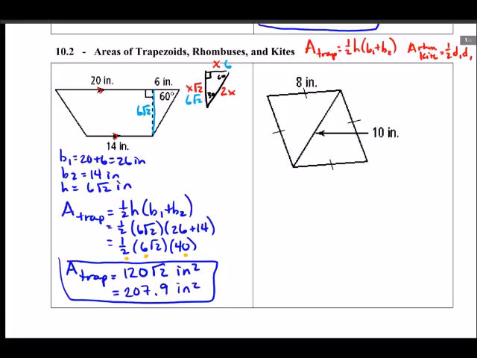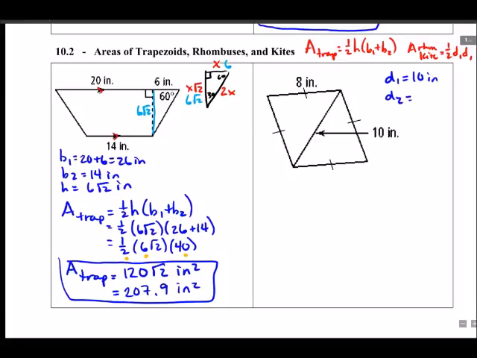Ooh, I see a rhombus. So we know that we need diagonal 1 and diagonal 2 on our rhombus here. So we know that diagonal 1 is 10 inches. We need to find diagonal 2. How are we going to find diagonal 2? Well, I see